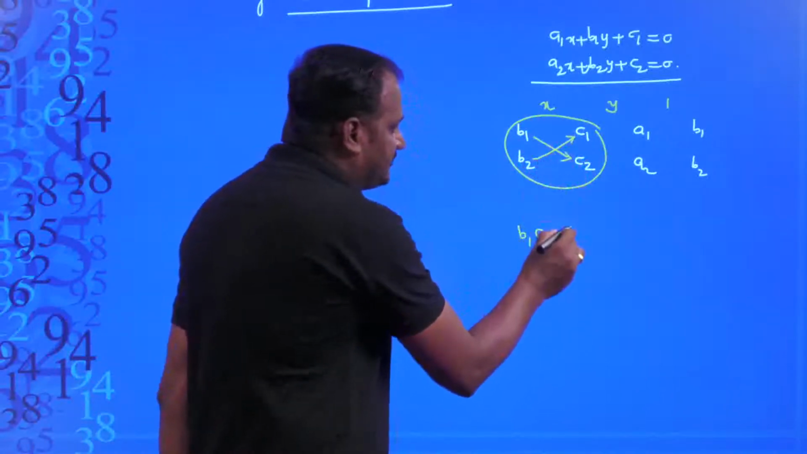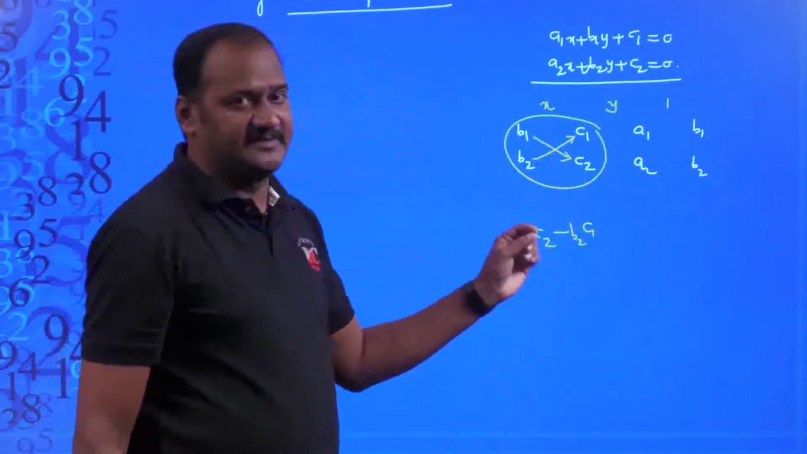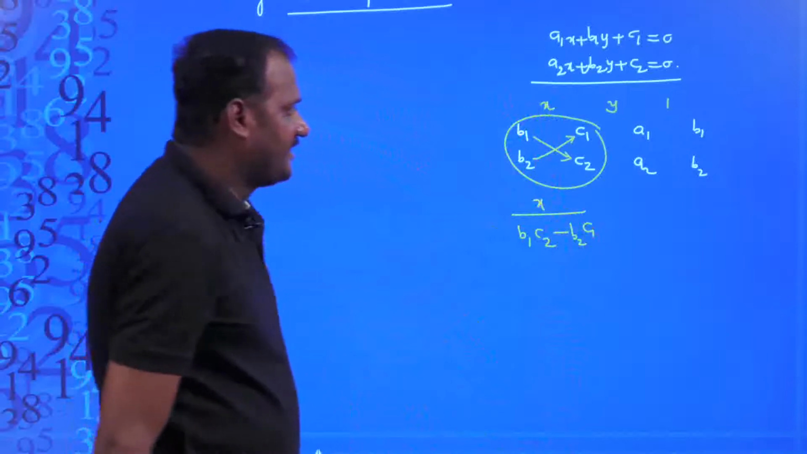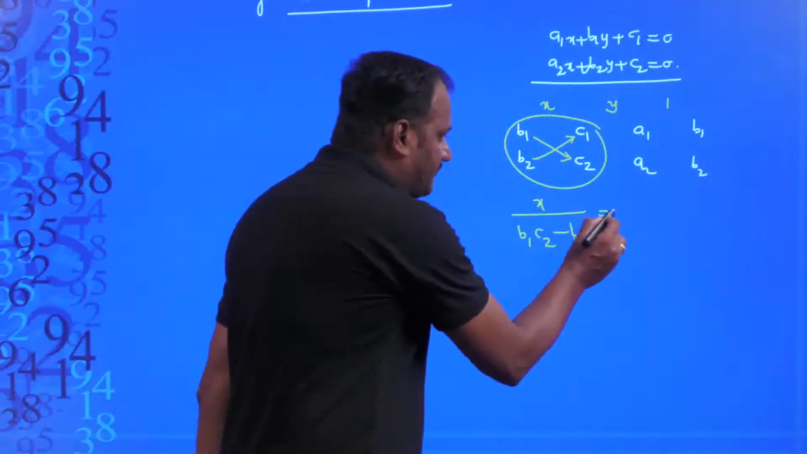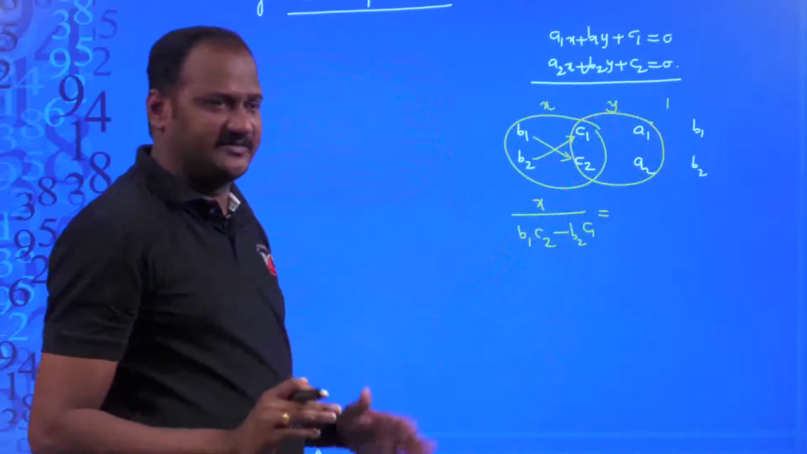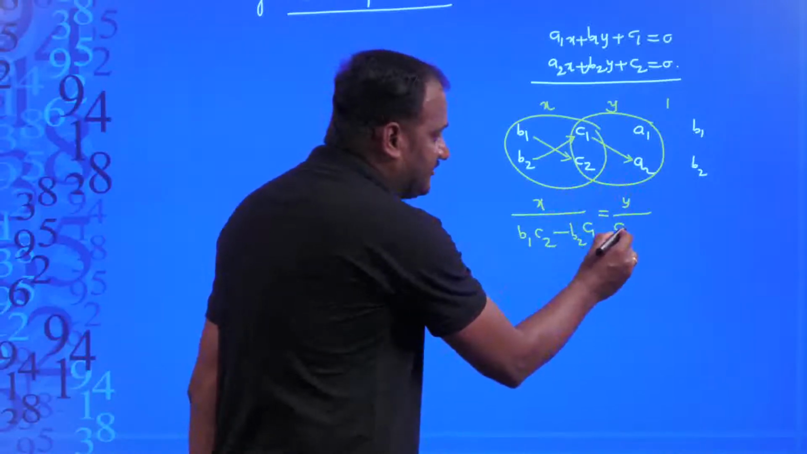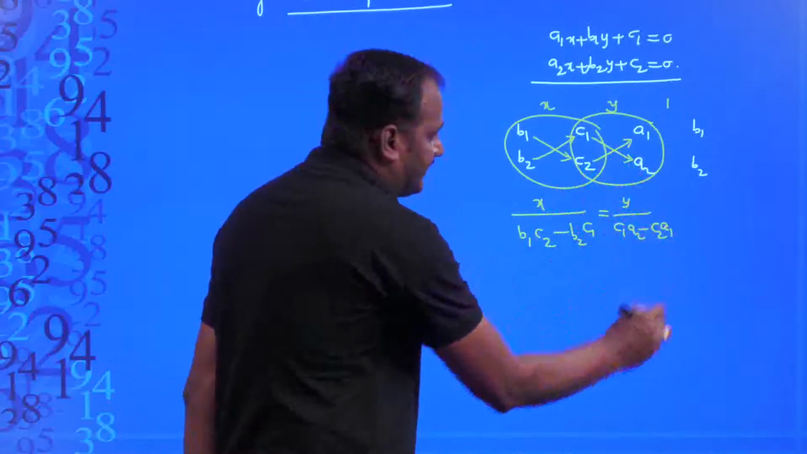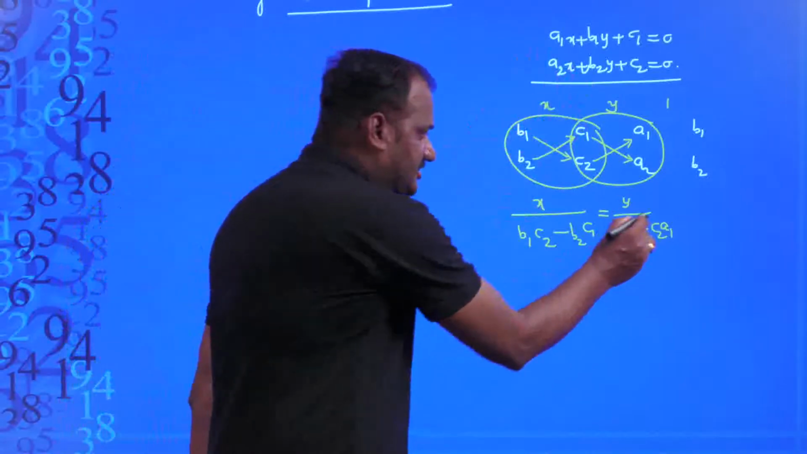that is B2 into C1, B2 C1. Okay, B1 into C2 minus B2 into C1. They are for x, so you should write x divided by B1 C2 minus B2 C1, which is equal to, now for y. For y you should do the same thing, again take these 2 columns and do the same cross product, which is equal to y divided by C1 into A2, C1 A2, minus C2 into A1, C2 A1. After taking for x and y, you will have to take for 1, which is equal to 1